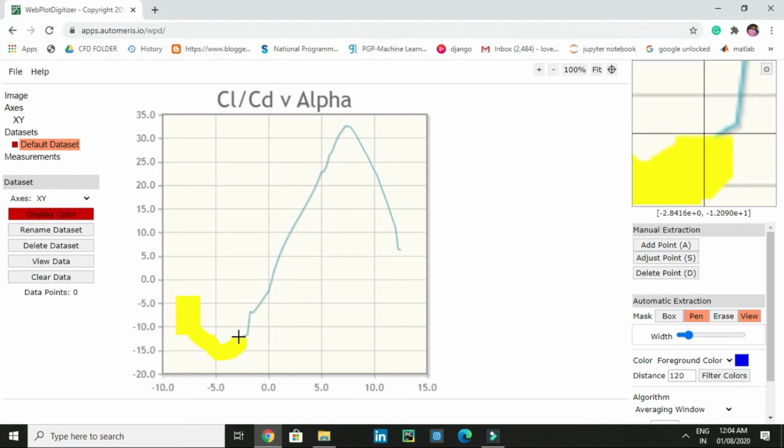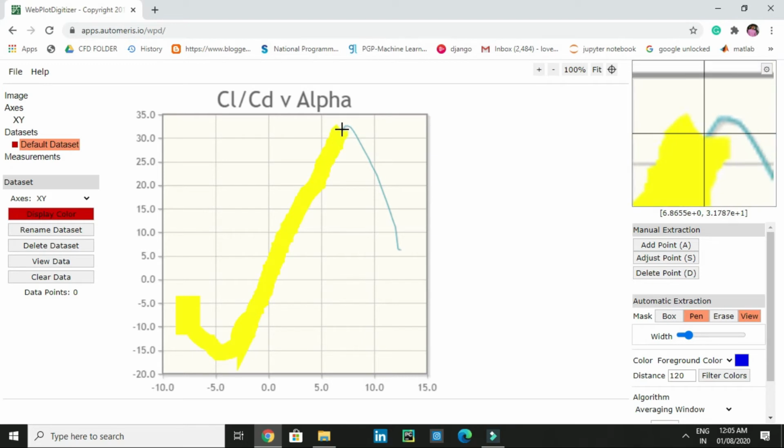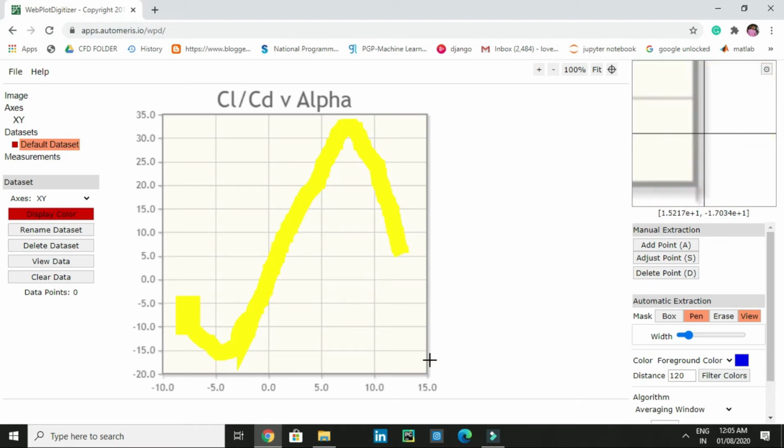Pen again like that. You can select area of your curve. So we're done with it. Now let's go to eraser and erase some extra part.